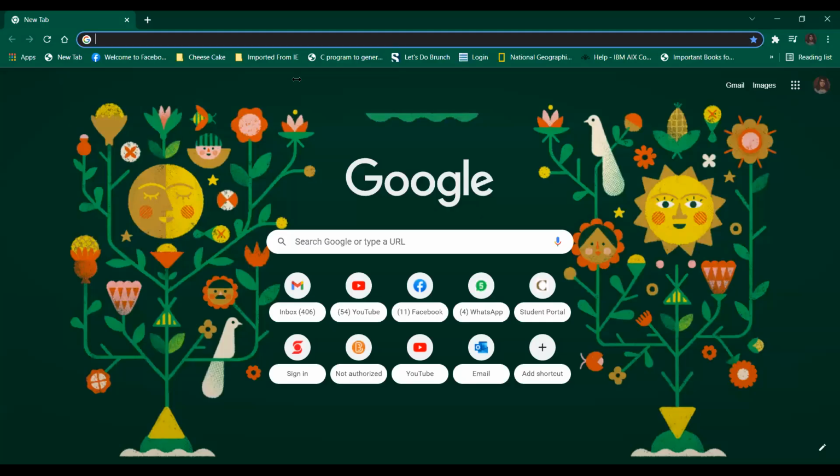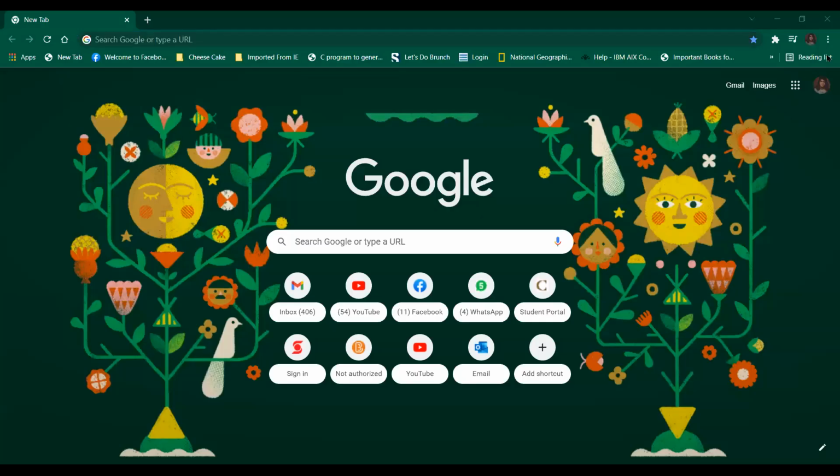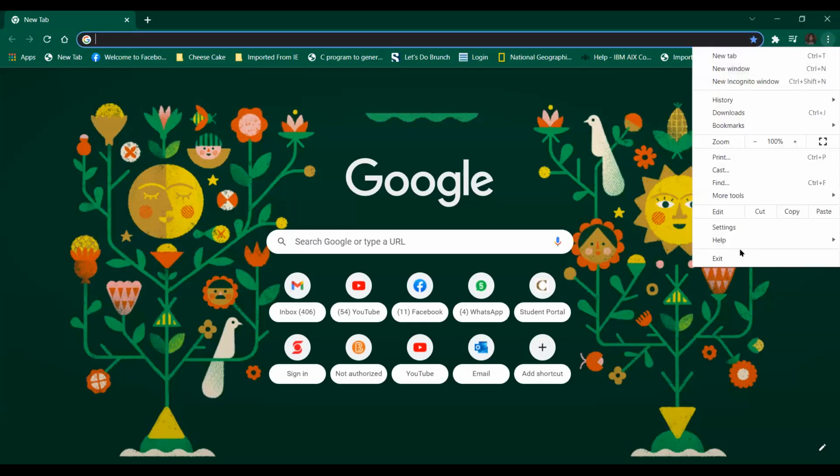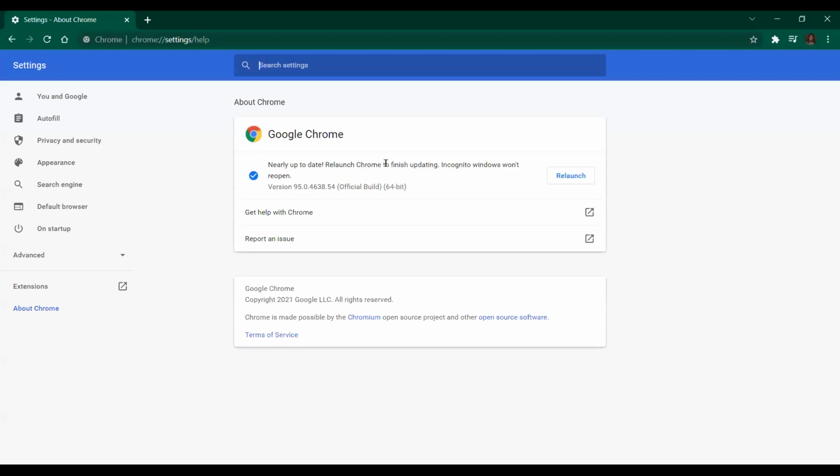So when you go to your Chrome, you go to Help and check your version here. Once you check your version, you have to go to the site.